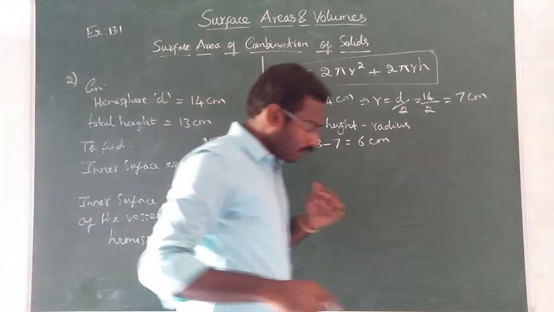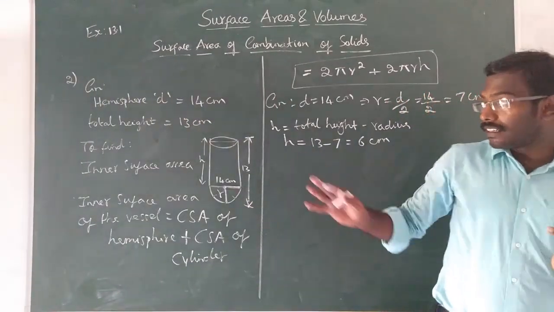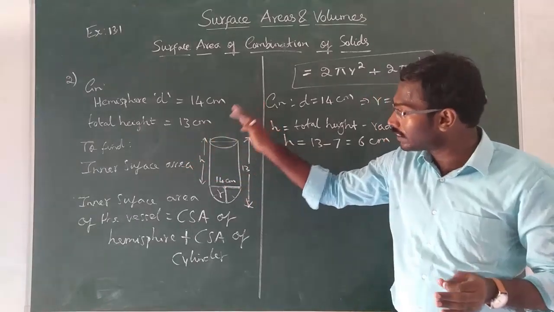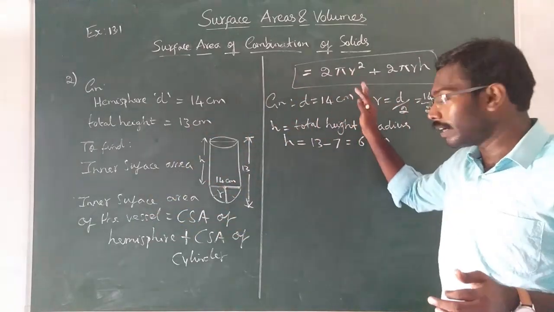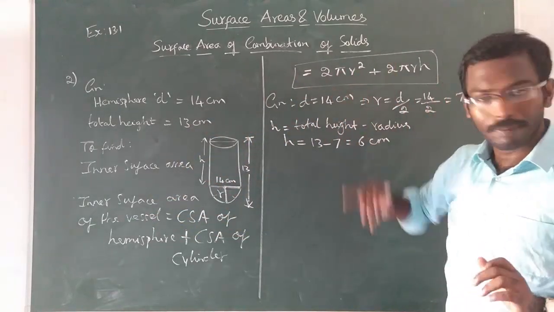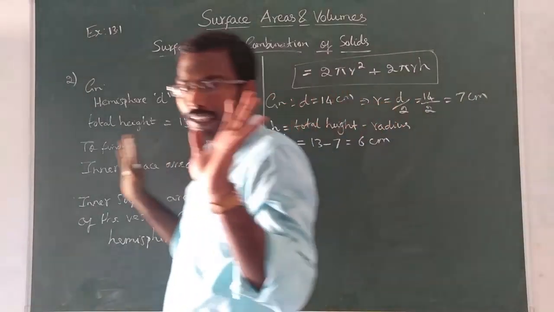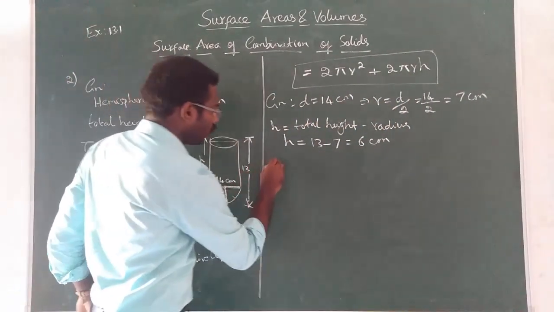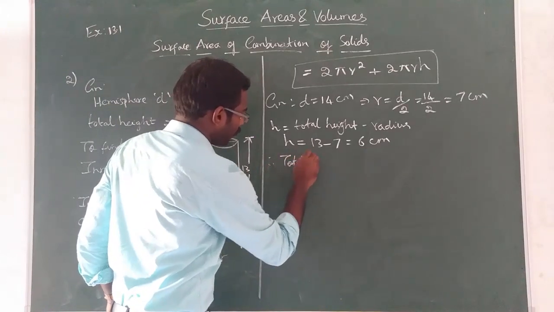See, you have to first consider the given data, then you have to look at the formula, then you have to find the values of the parameters. Okay, so now you got the parameters. Now go. Therefore, total inner